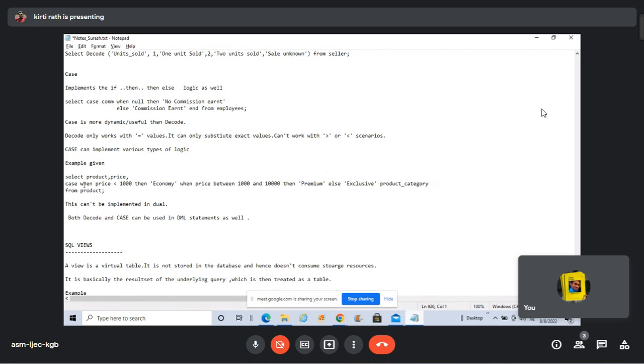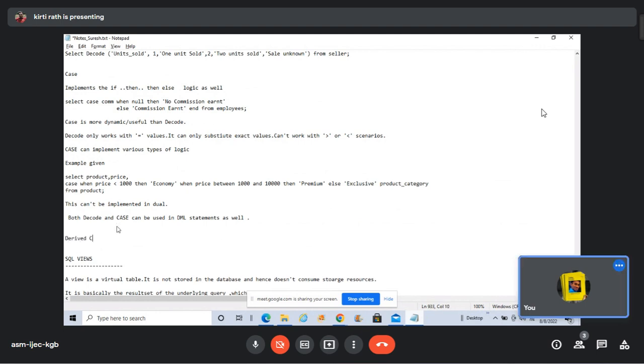So I've given an example here of the same thing that I was mentioning, right? Then, okay, product and price is fine. These are two columns in the table. Then we are creating another column for our result set, which is product category. We are just creating this. This is a derived column. It's called a derived column. Okay, what's a derived column? Derived column,